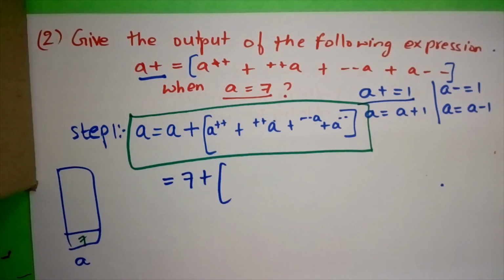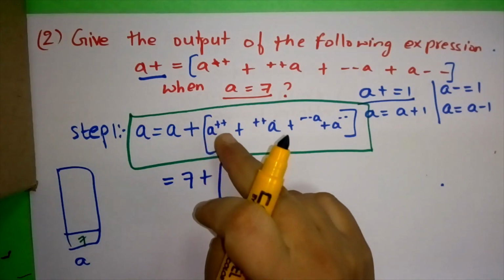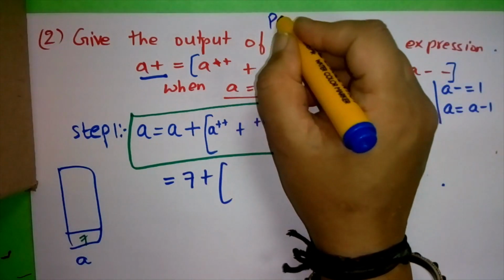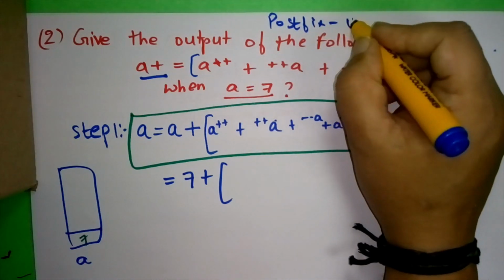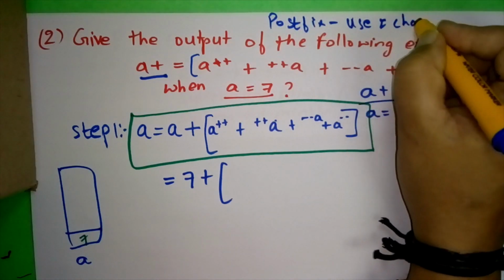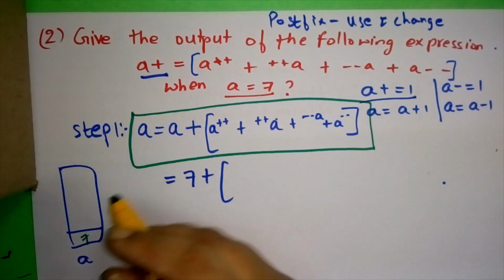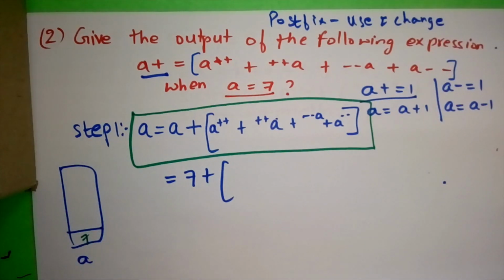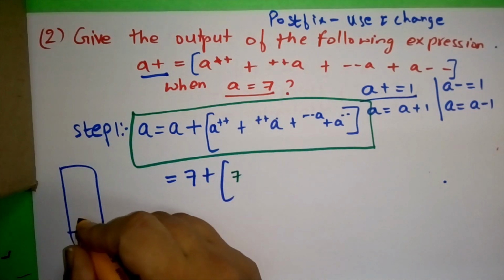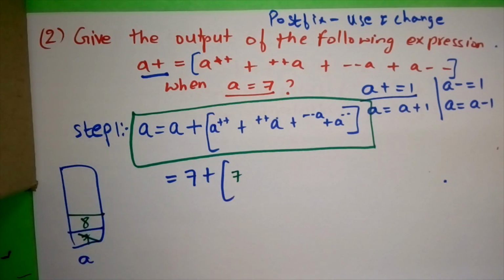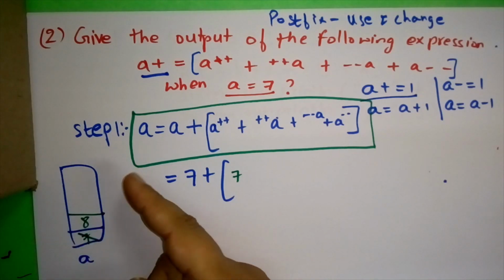Here we have a plus plus. That means it's a postfix. What does a postfix do? I told you this. Postfix is you have to use it as it is and then change. Isn't it? So what value am I having? 7. So I use the 7 as it is. Then I told you immediately make a change. This will become 8. Because now the a value has changed to 8.